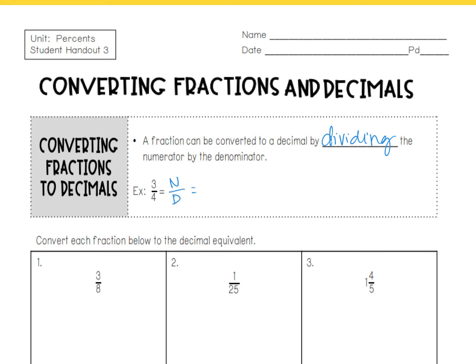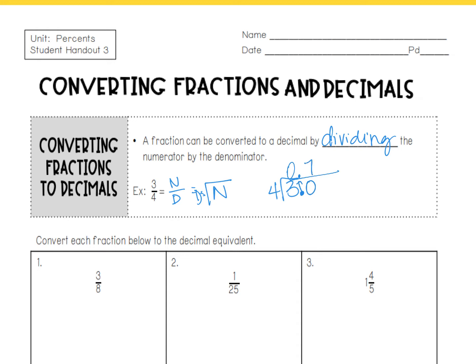So when we divide our numerator by our denominator, we are going to make sure that the n goes inside the house and the d is on the outside of the house. So we have 3 divided by 4. We know that 4 cannot go into 3, so I'm going to put a 0 there. And I'm going to add a decimal, bring it up, and bring a 0 out here. And so now 4 can go into 30